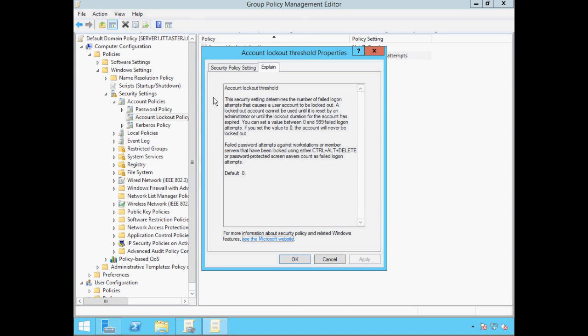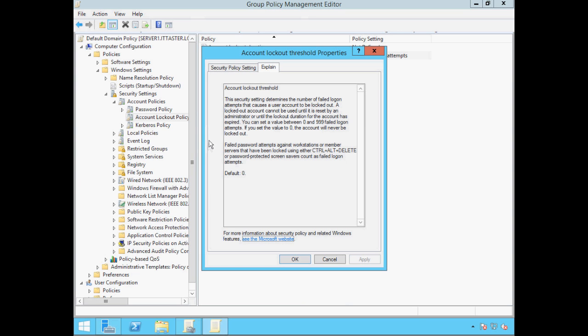The account lockout threshold policy setting lets us configure how many failed logon attempts a user is allowed before their account is locked. The explanation tells us that we can set a value between 0 and 999 failed logon attempts. Now if we specify a value of 0, which is the default setting for this policy, user accounts won't be locked out if an incorrect password is entered.